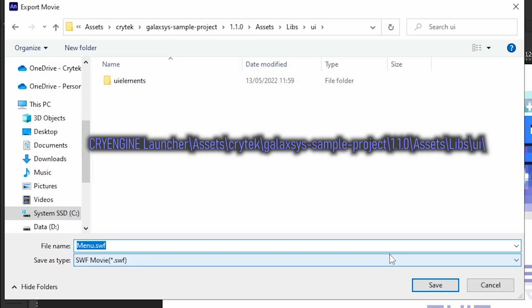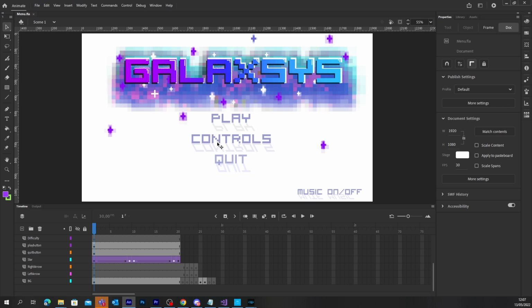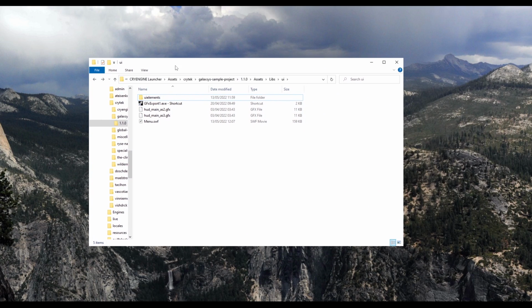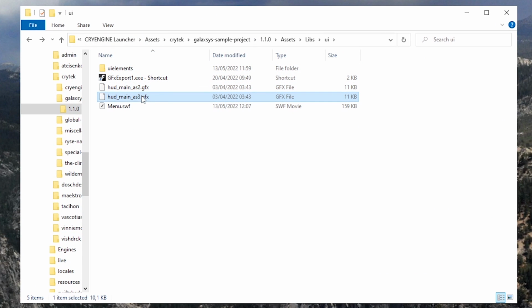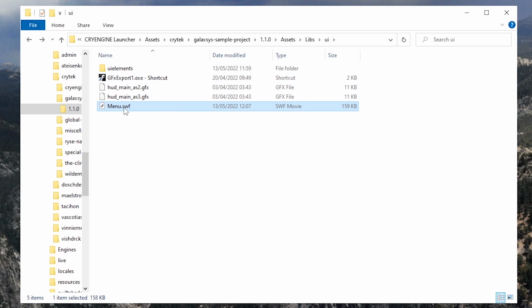With that exported, we're going to navigate to the UI folder of our Galaxis project. Within the Galaxis UI directory, there's a couple of files already there. There are the HUD main GFX files. These are for the existing HUD. Now I've dragged a GFX export shortcut into this directory, which I did in the previous tutorial. And I'm going to drag the menu.swf, which we just saved, right onto that shortcut to spit out our menu.gfx